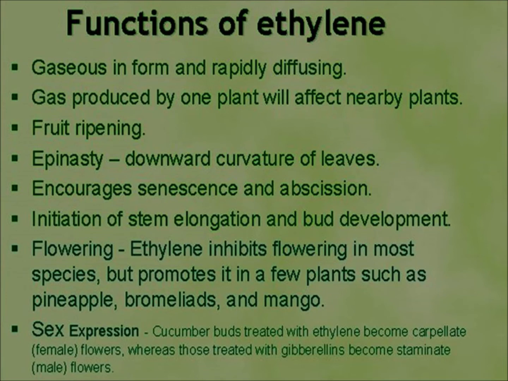Fruit ripening. Epinasty, downward curvature of leaves, encourages senescence and abscission. Initiation of stem elongation and bud development. Flowering: ethylene inhibits flowering in most species but promotes it in a few plants such as pineapple, bromeliads and mango. Sex expression: cucumber buds treated with ethylene become carpellate, that means female flowers, whereas those treated with gibberellins become staminate